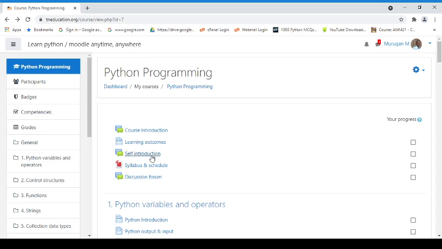If you click on this option, you can self-introduce.